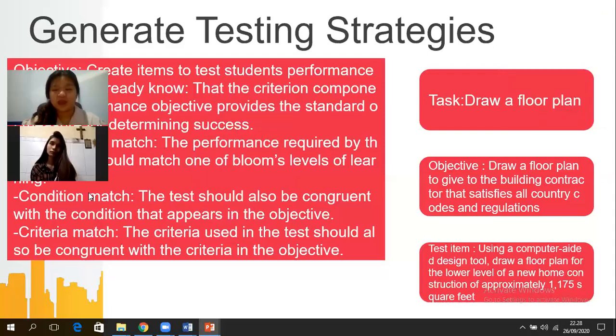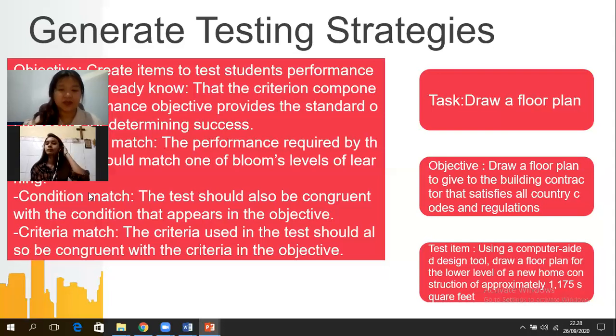And then the task. The task is to draw a floor plan, and then we have to make the objective. The objective is that after we draw our floor plan, we have to give it to a building contractor that can satisfy all county codes and regulations. And then the task item is using a computer design tool to draw a floor plan of the lower